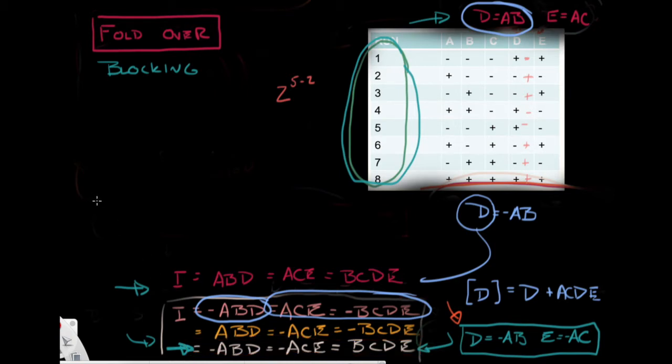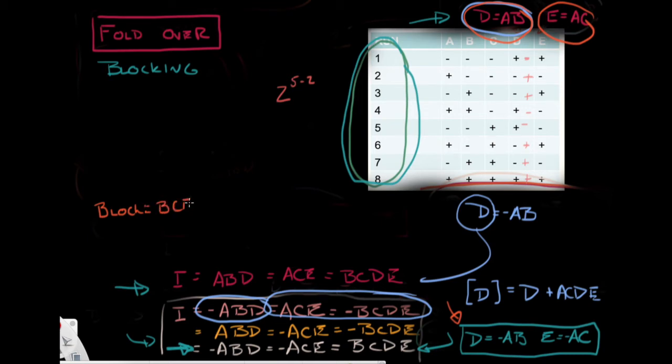And in doing so, we're confounding some of the interactions with the blocks. Fortunately, the way to find it out is really easy. All we do is we take each of these generators and we multiply it by the defining relations. So ABD times ABD, well, that's just going to be 1, right? But ABD times ACE, that's